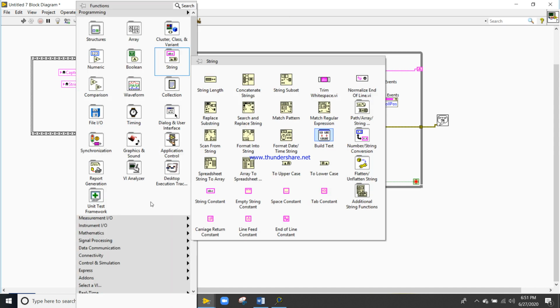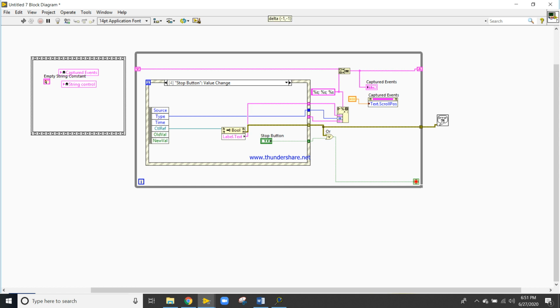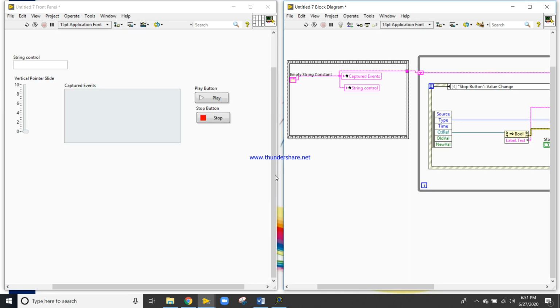Right click, come here and take an empty string constant. Now the program is ready. Okay, but there is only one difference. There's only one thing we need to write. After that I will show you. First let's check.